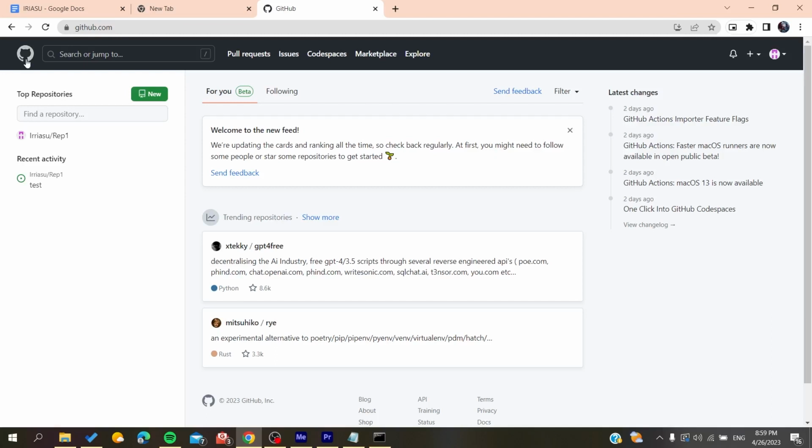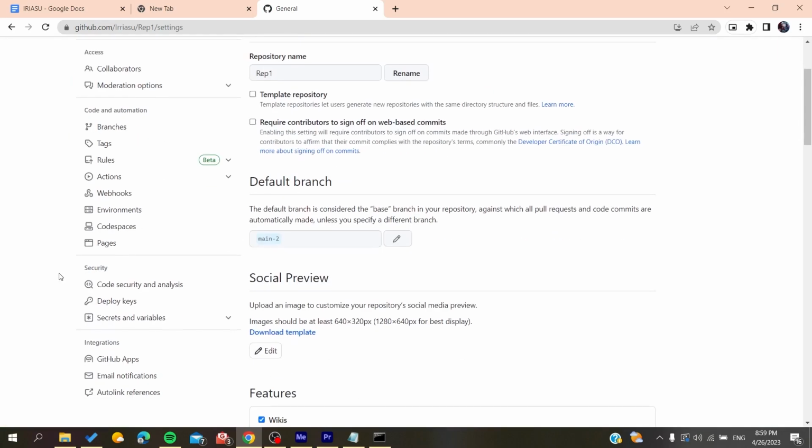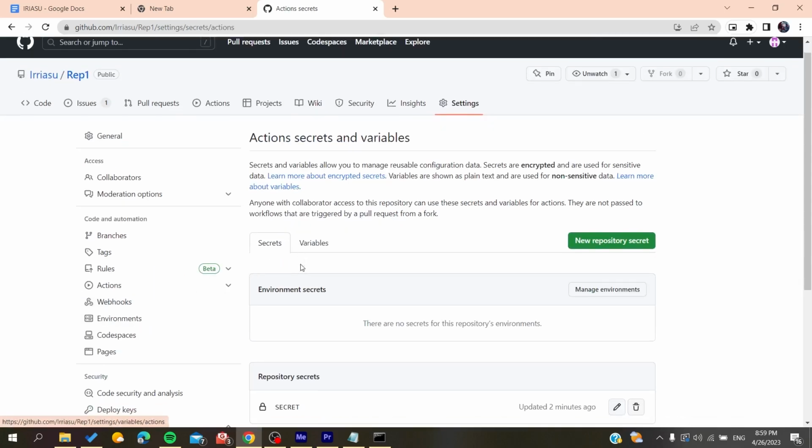So basically after you log into your account, all you need to do is to go to your repository, and here we will find the settings, and basically you will need to click on settings, and down we will go to the security section, and basically here we will find secrets and variables. You go to secrets and variables and you go to actions, and here we will find the secrets,